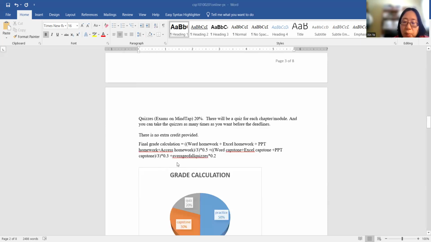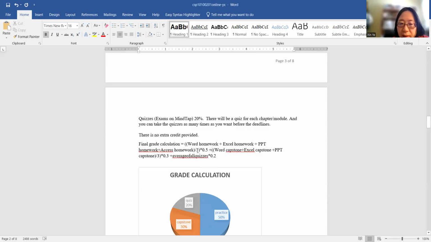And this is the formula to calculate your final grade. The average of your homework times 0.5.